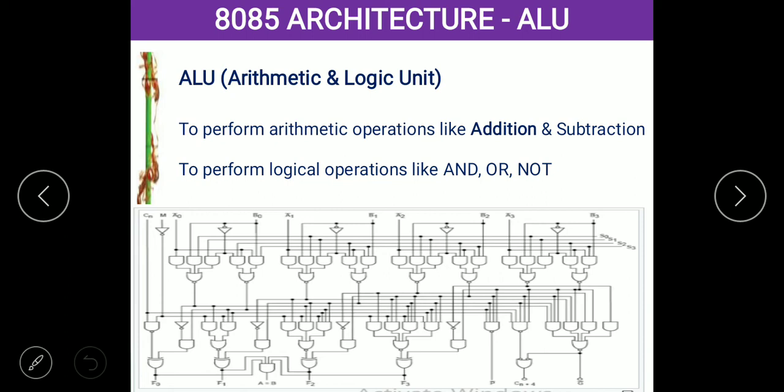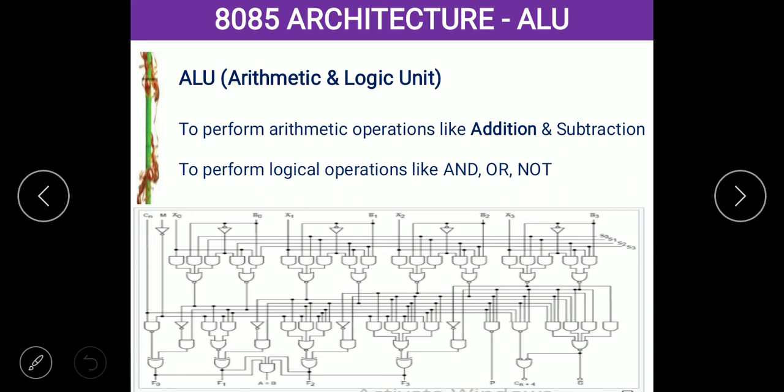In the computer, in the processor, there is only addition and subtraction. The combination of this addition and subtraction gives the multiplication and division. So the arithmetic operation means it will do addition, subtraction, increment and decrement. The combination of these four operations will be the answer for all other arithmetic operations, like multiplication or division, or whatever it may be.